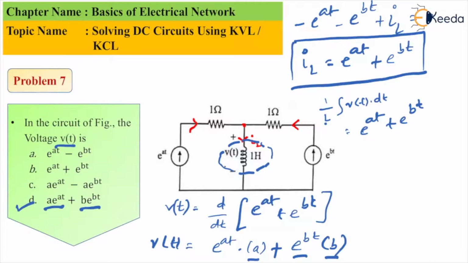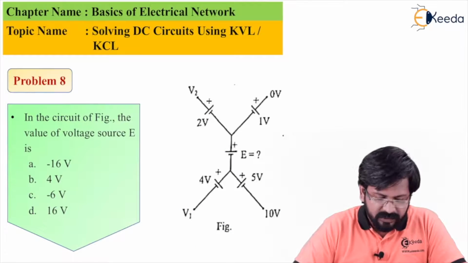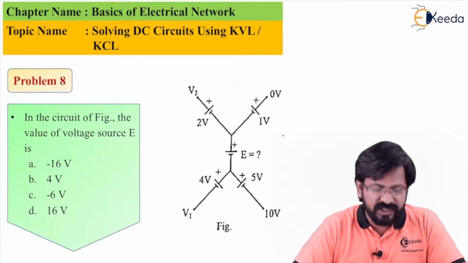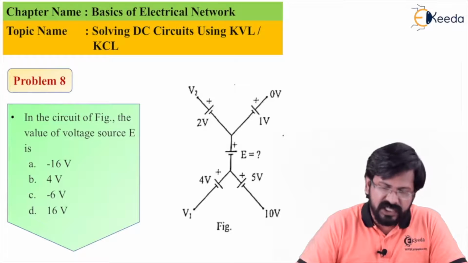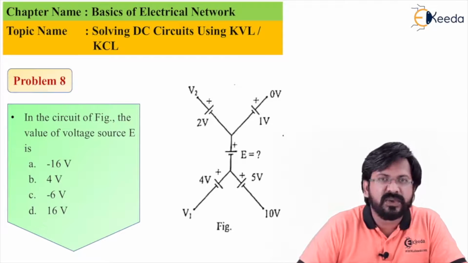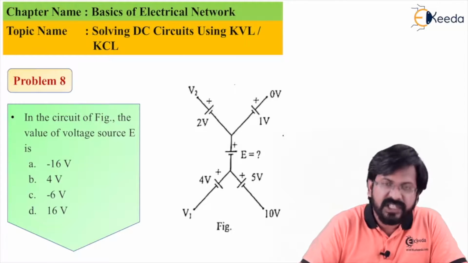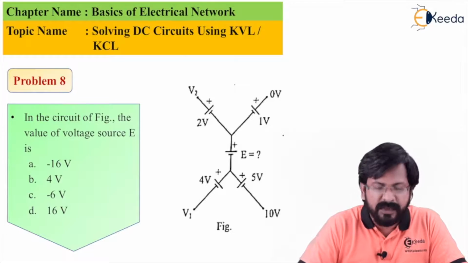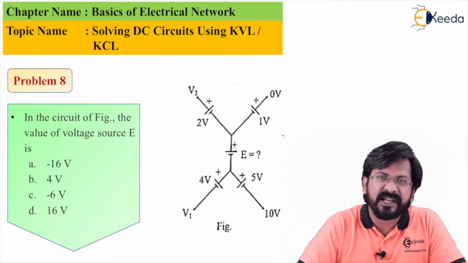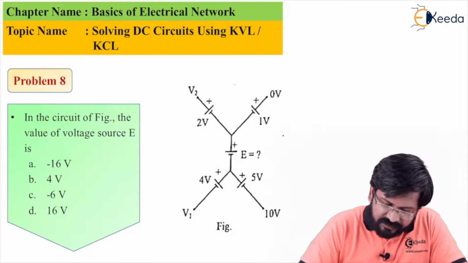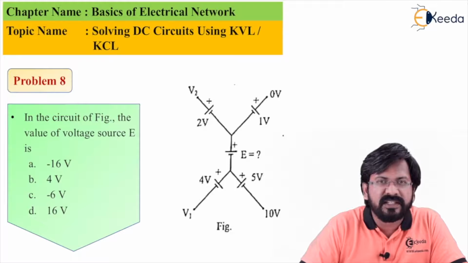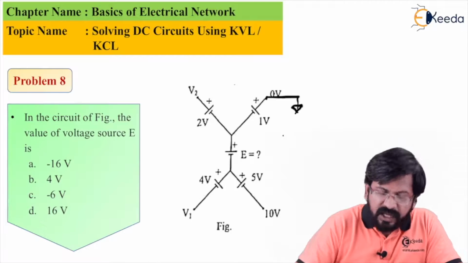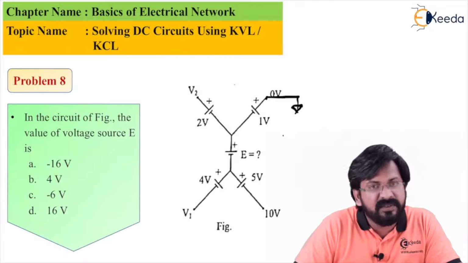So we can now go to the next problem. The next problem, which is problem number 8, has appeared on the screen. They ask you, in this figure, to find the voltage E, which is nothing but the voltage source E. Now as you can see, this circuit, even though it appears to be complex, as I said earlier, by simple tricks GATE problems can be solved very easily. Let us see. As you can see, this is 0 volt. We know that 0 volt we take as the ground or reference node. As you can see, this is given as 10 volt.